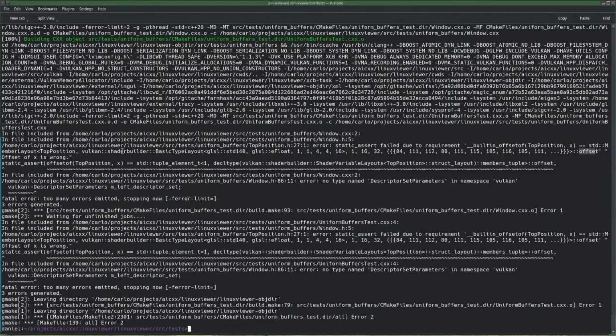Definitely. Yeah, that is the type. So this is talking about standard member layout, top position. That is a specialization, if you ask me. And then information about it till somewhere here, and now we get the offset of that.